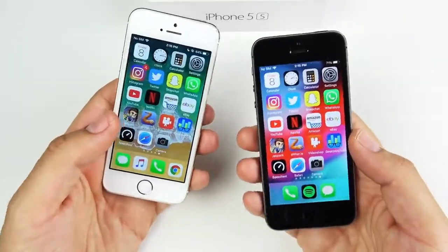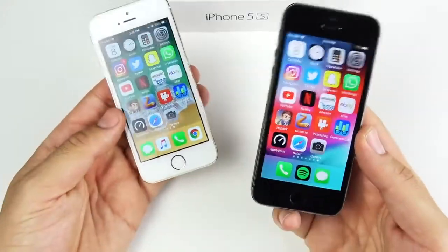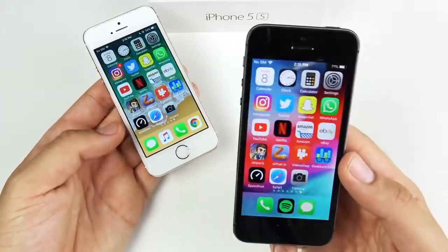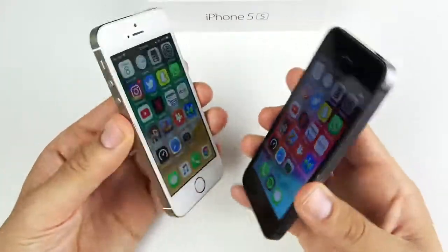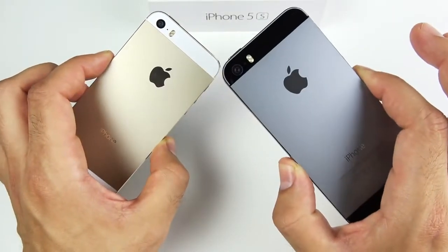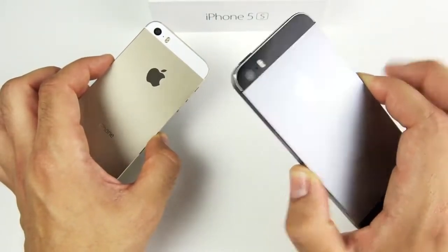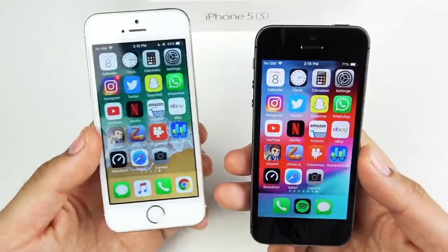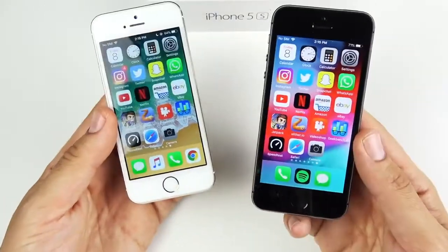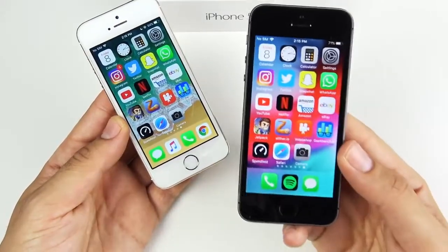Now I'm not going to run Geekbench right now because in betas I don't really trust Geekbench too much. I did it on the SE. Someone pointed out that they're not really too accurate, so I'm not going to do Geekbench here for these two. But at the same time, iOS 11 is about the same speed as iOS 12 beta 1. So if you're thinking about updating, you're not going to really change performance too much. Battery life is not draining at a much faster rate on 12. So if you want to try it, you can go ahead and try it for the new features. But if you were looking for those performance updates, they're not here just yet